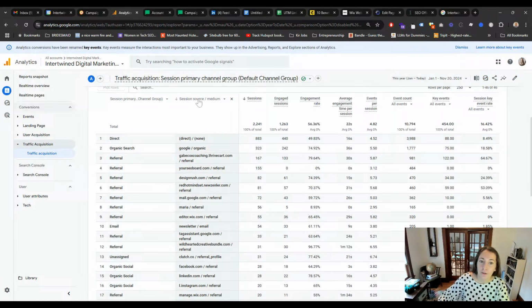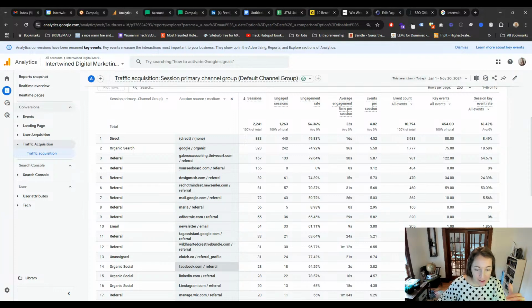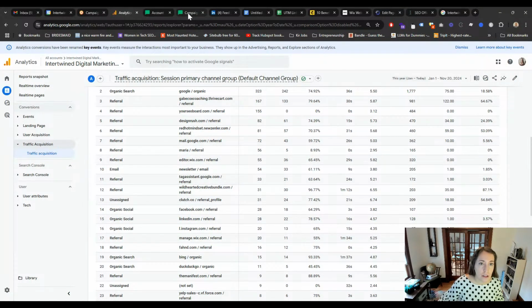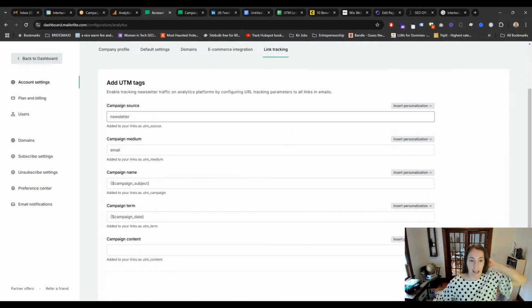Like I said earlier, the source is Google, the medium is organic. And then for social media, the source is facebook.com, the medium is referral, which is weird. That's new. It used to be social. So maybe I'll update my link and it'll be referral. Interesting. But yeah, so for your email, you'll do newsletter, email, and then this is telling Mailerlite what you want the